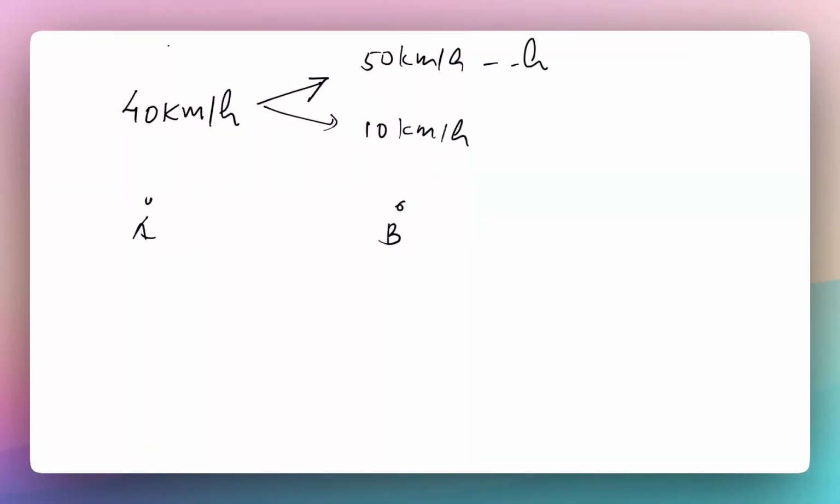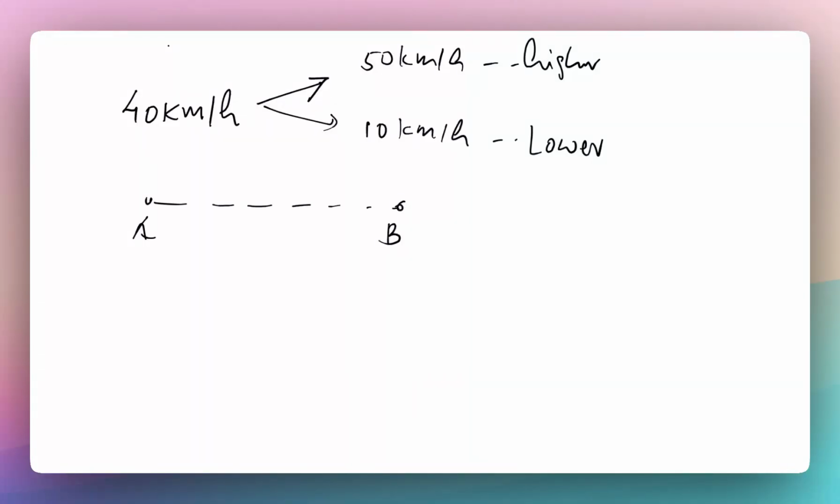So suppose we are going from A to B. It might happen that sometimes the car is actually moving at a higher speed, let's say 50 kilometers per hour. At times, it must be starting from zero speed and sometimes moving at like 10 kilometers per hour. So sometimes it could be higher, sometimes it could be lower. But we are not interested in what happens in between, we just want to know on an average what happened